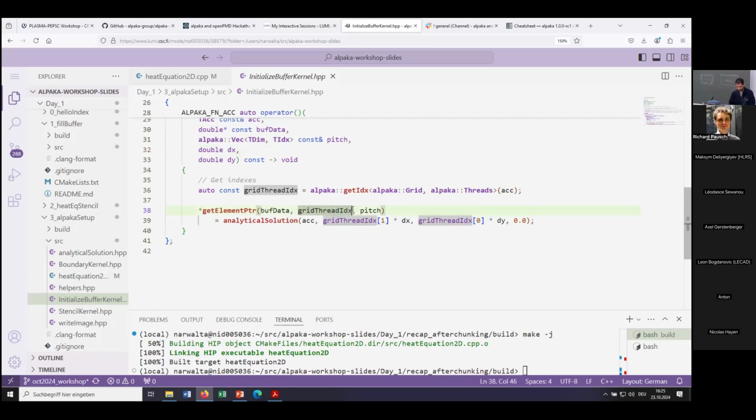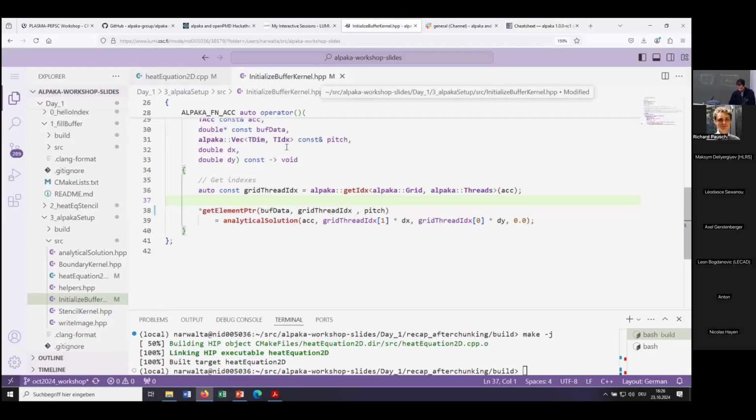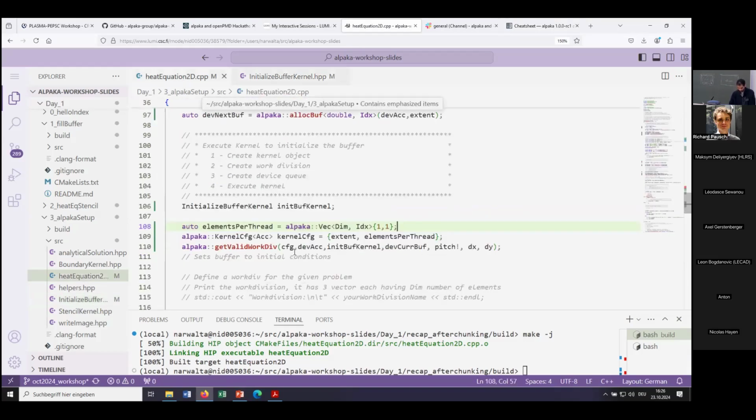So really something like this, and copy the whole thing, and then add 1 over here to get the next index. Oh, sorry, 0, 1. And this is the whole point of handling multiple elements in the thread yourself. Very well. This should give us the work division,